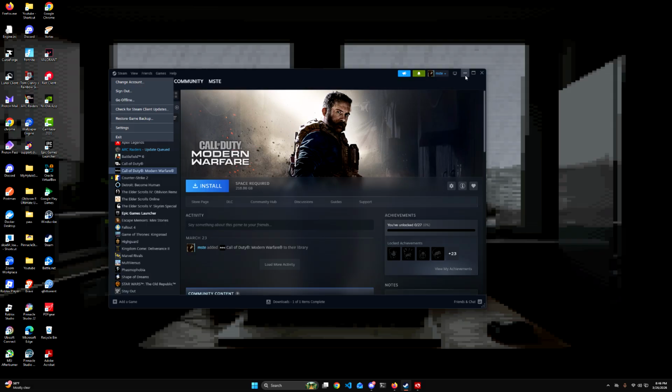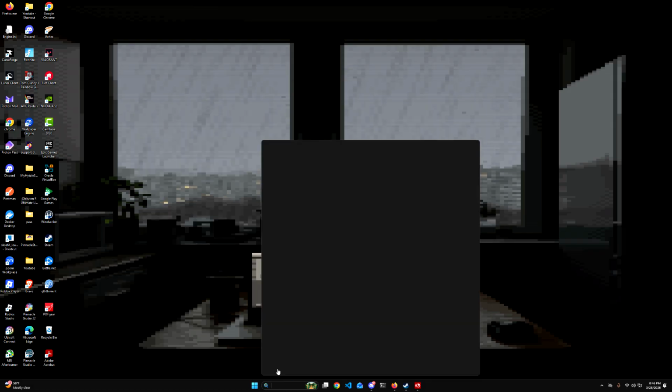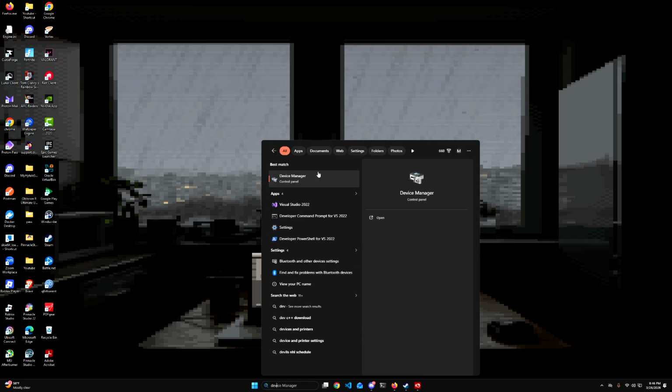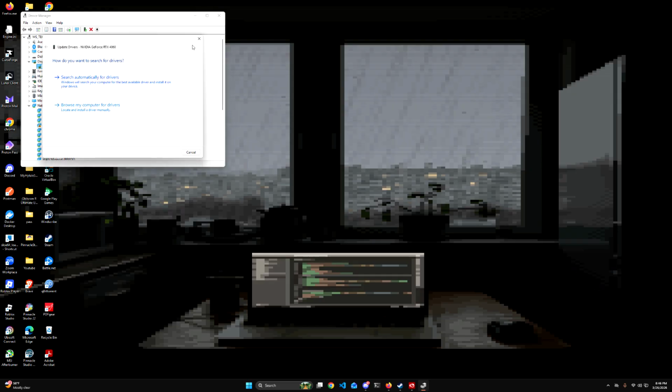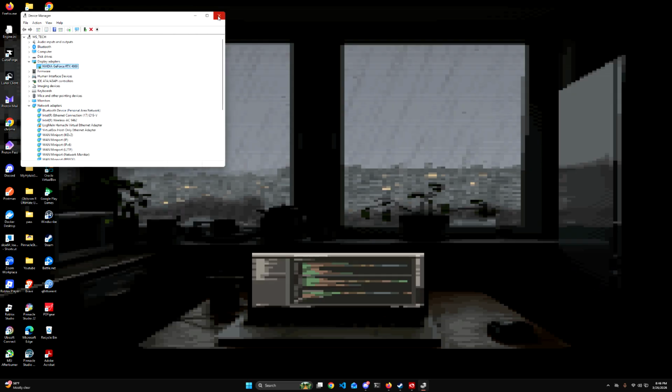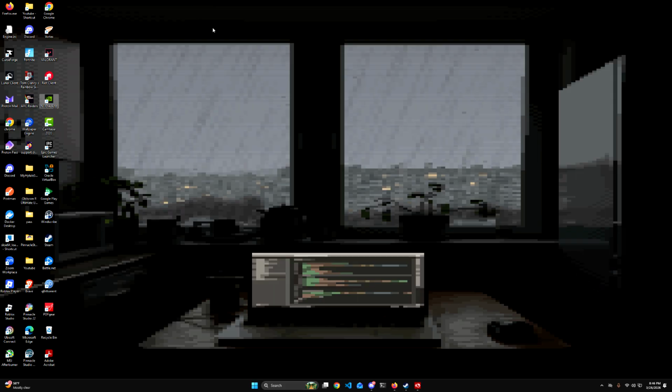You can check to see if that helps fix the issue. The second method you can try is going over to Device Manager. From Device Manager, make your way over to Display Adapters, right click on your GPU, hit Update Driver, and then choose Search Automatically for Drivers. Once that's done updating, you can restart your PC, and check to see if that helps